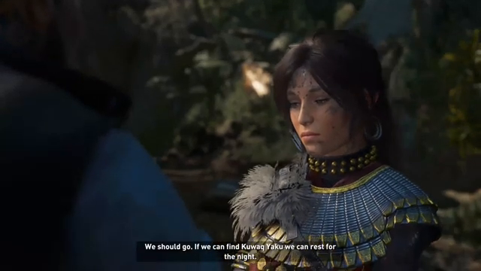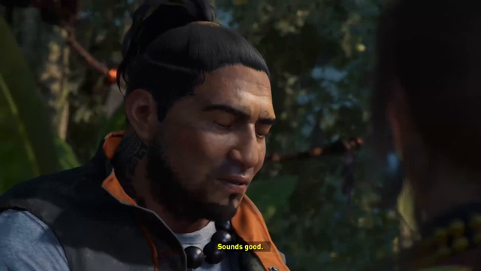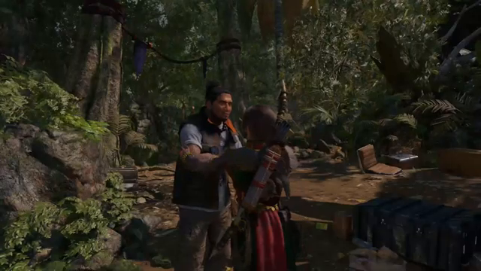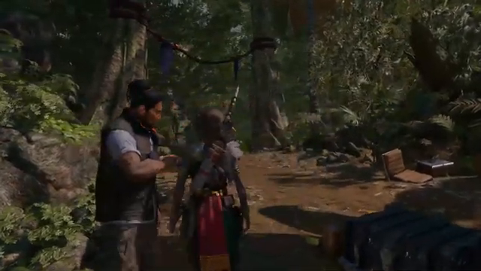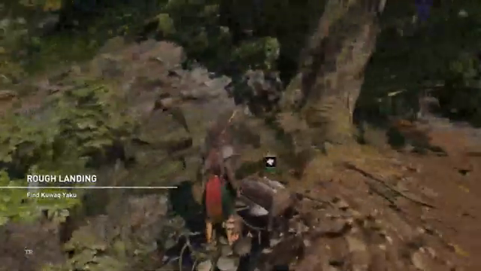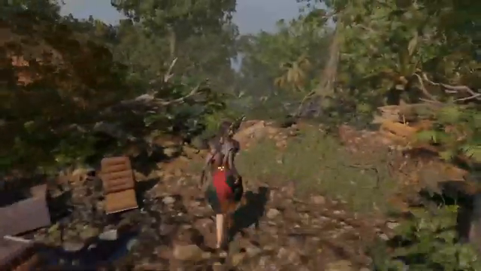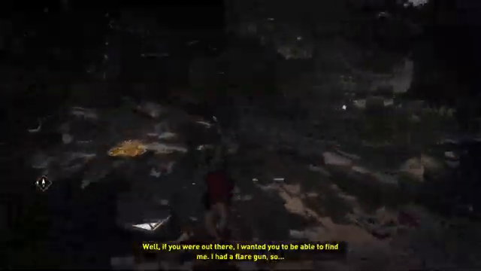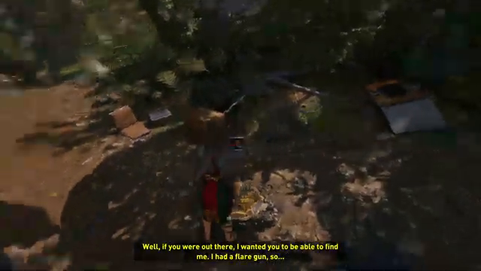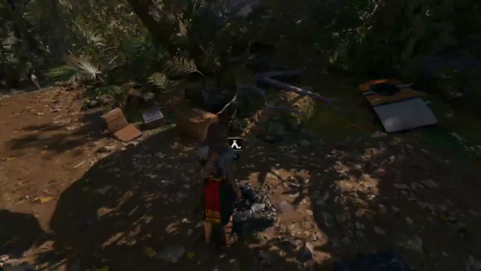We should go. If we can find Kawak Yaku, we can rest for the night. Sounds good. I think we can see the village through the vines over there. I'm glad you stayed at the crash site. Well, if you were out there, I wanted you to be able to find me. I had a flare gun, so... Yeah, I think Miguel was heading toward it when...